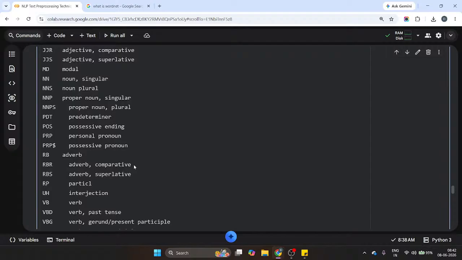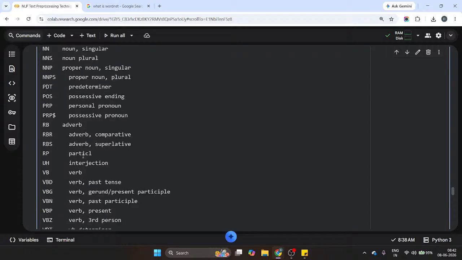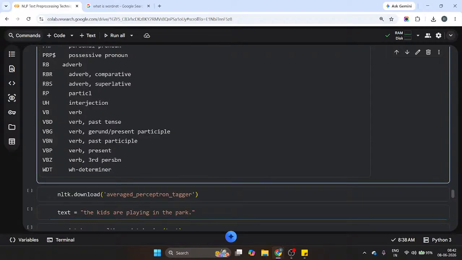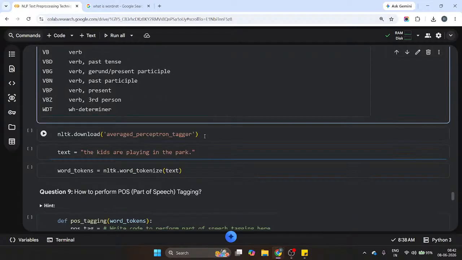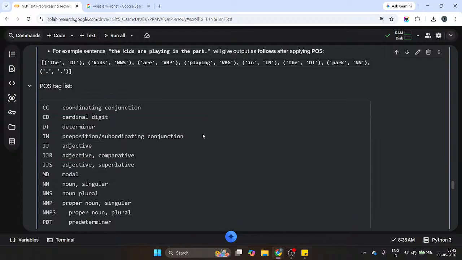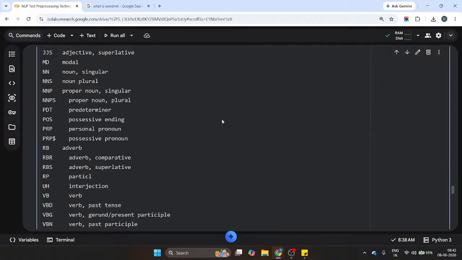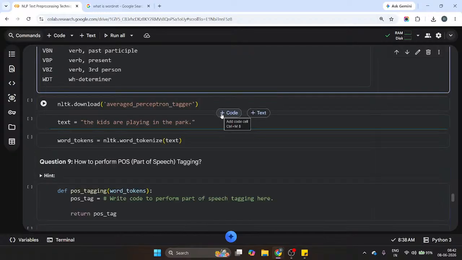adverb comparative, RBS adverb superlative, then RP, sorry, then verb present tense, and like this verb present, verb third person, and determiner. Okay, so these are some part of speech tags. So we will provide like this. If we will get like this or provide like this. Now what we will do,